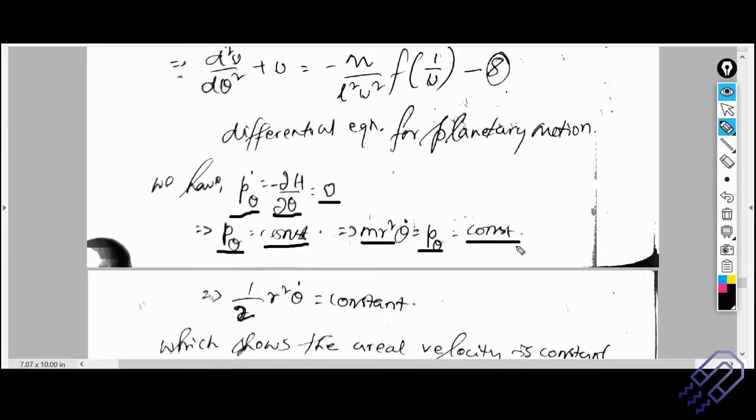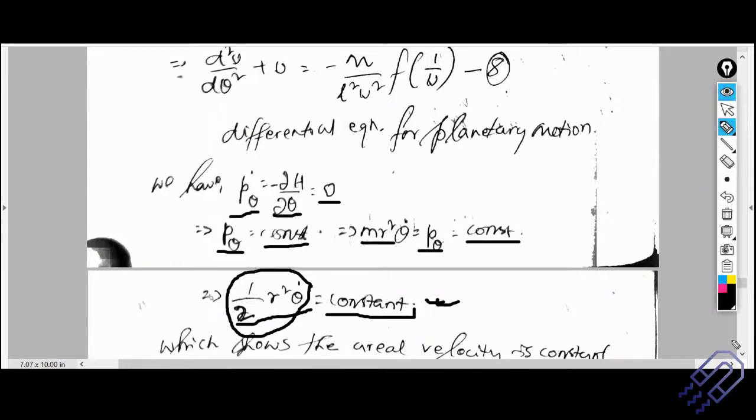We have also done this, but with a different approach, in a longer way. We said that the angular momentum is m r square theta dot, and we did some diagrams and figures and explained from there. But if you look at this question, which is a direct question, you can do it this way. Take the Hamiltonian, find p theta dot, and then m is a mass constant. So if m r square theta dot is constant, half r square theta dot must also be constant, because mass is a constant factor. So we can say that the areal velocity is constant, because this is the areal velocity. This derivation also has been done before.